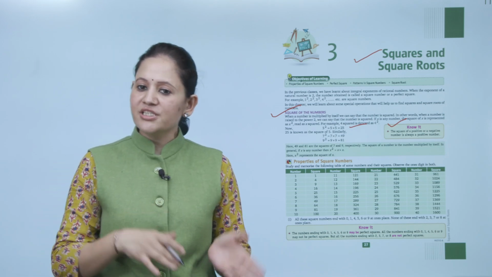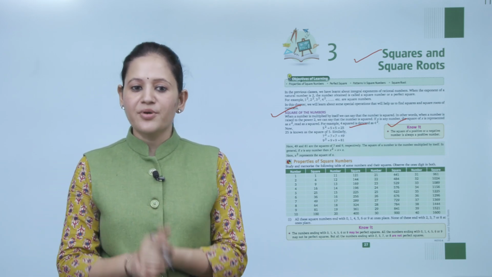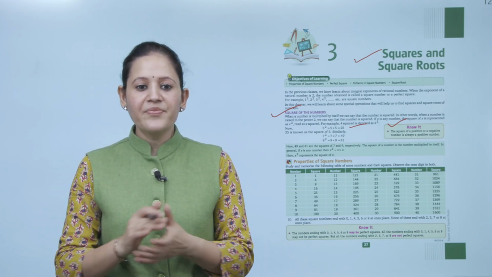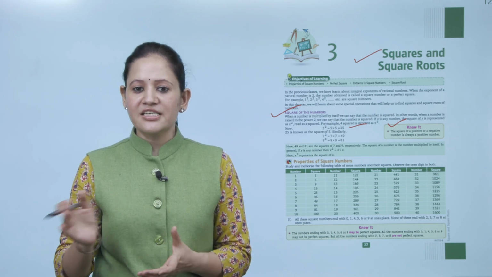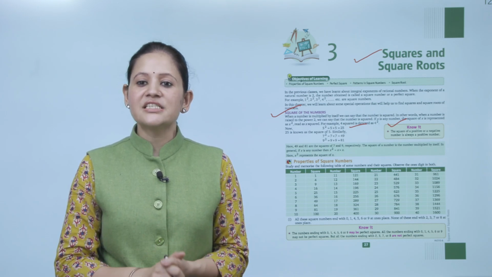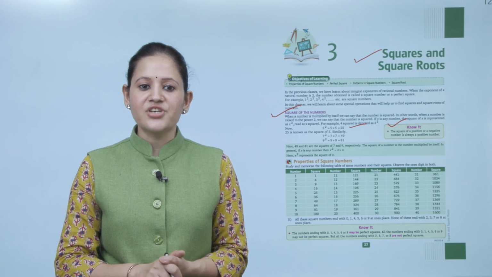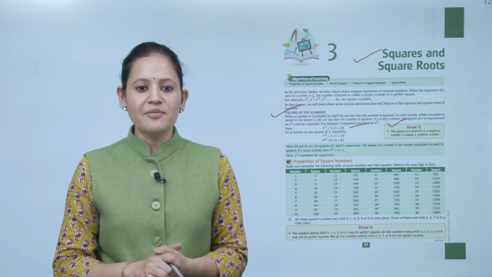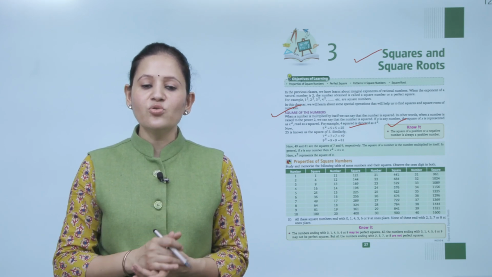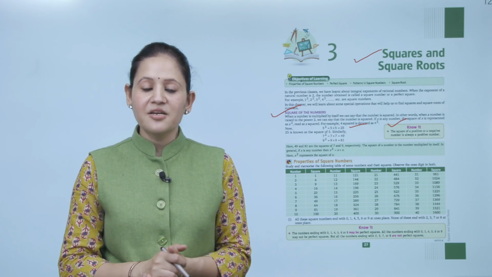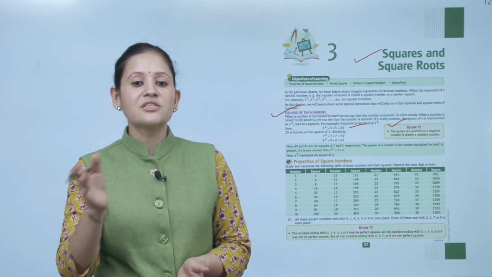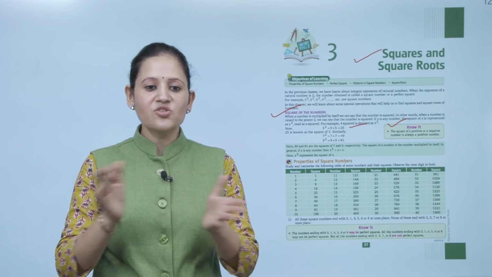A square of a positive or a negative number is always a positive number. Clear? So here 49 and 81 are the squares of 7 and 9 respectively. The square number is the number multiplied by itself in general. If x is any number, then x to the power 2 is x into x, here x squared represents the square of x. Means when we multiply any number by itself two times, that is a square.